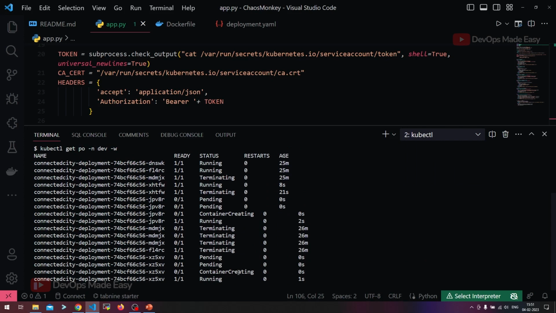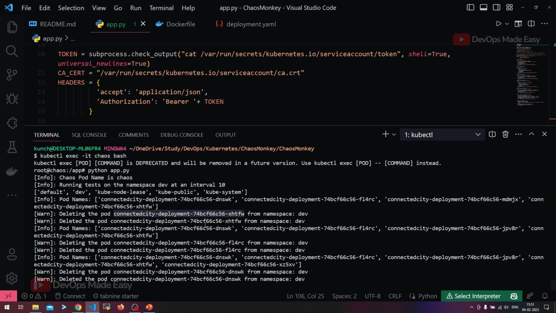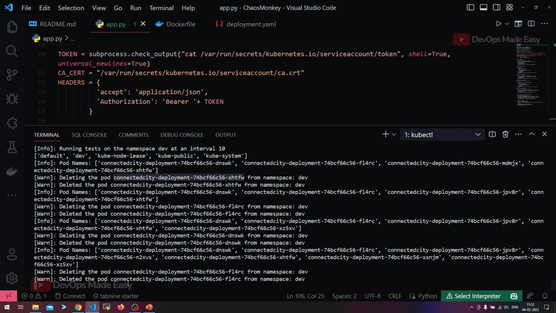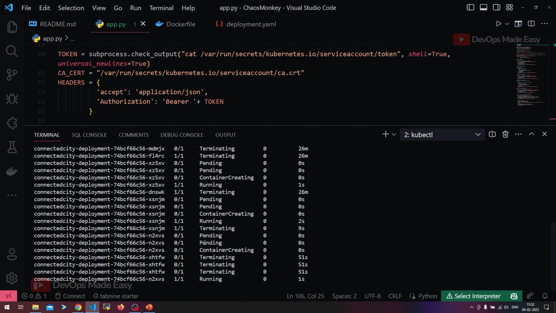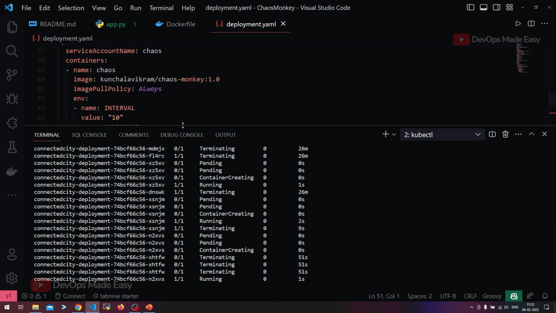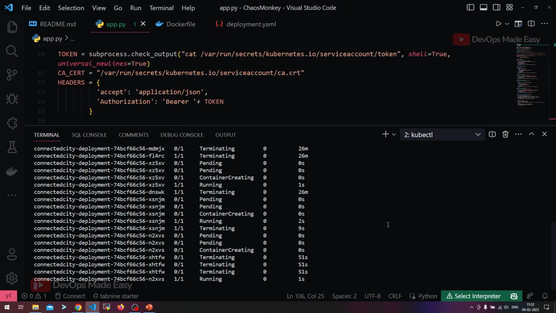being created to replace the deleted pod, because our pod is a part of a deployment of 3 replicas. And if you see the other tab, this kube-monkey keeps on deleting a random pod from the list of pods in the dev namespace, and this will continue every 10 seconds, because we have configured that in the deployment .yaml file. Of course this is not a completely ready kube-monkey program, because here we are not considering